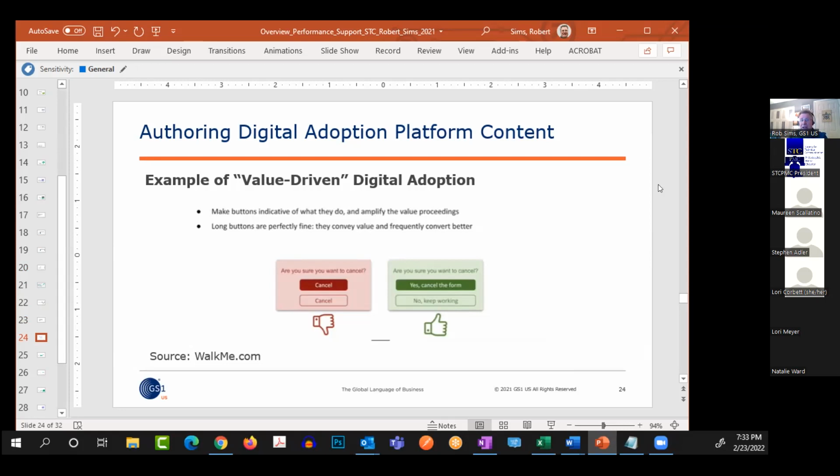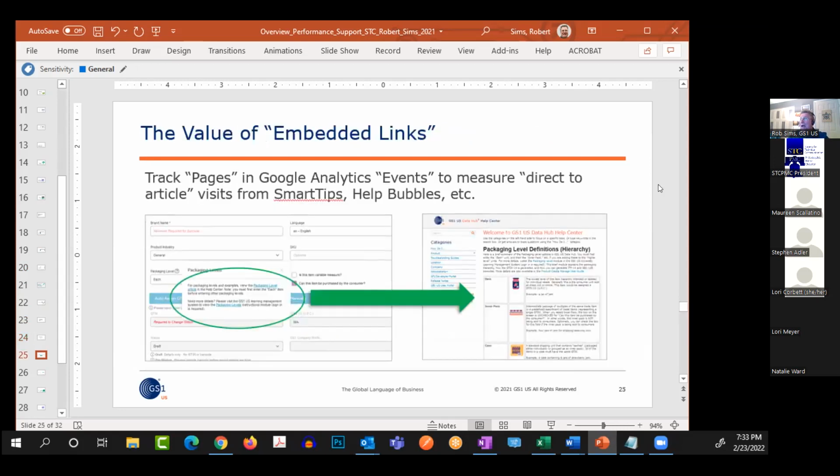It's actually been a great writing exercise for me to work in a digital adoption platform, because it does focus on microcopy. This is a great example of one, and I wish I could zoom in a little bit here. But in this one, this is a step where you're walking. This is actually a help bubble, excuse me. And this is an example of providing three lines, and then providing a path if they want to learn more.